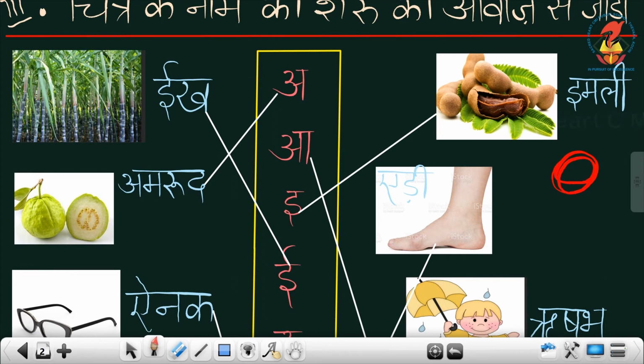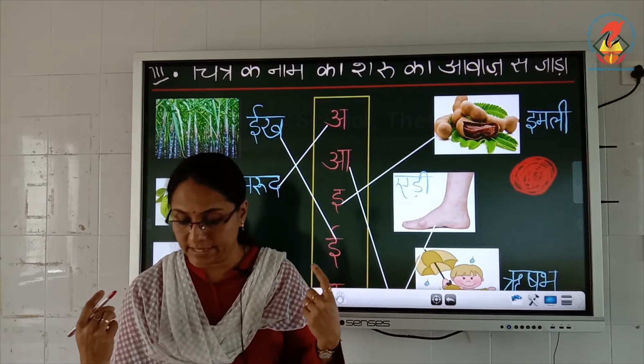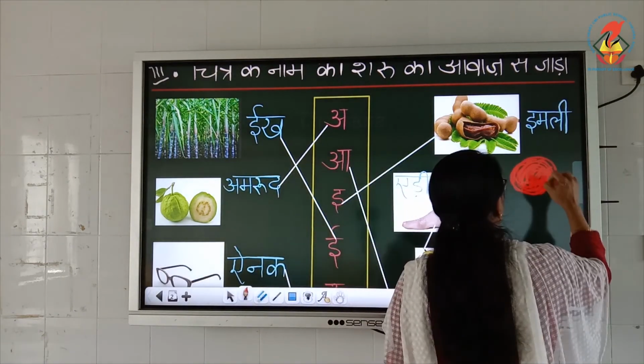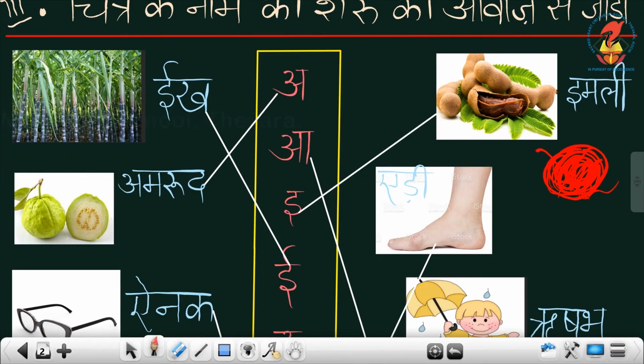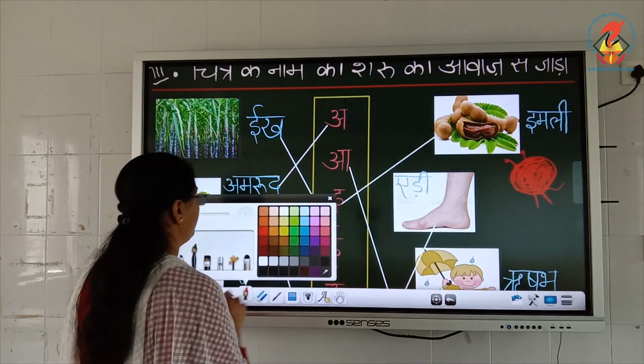Did you see a thread like thing? Okay. Did you see that thread like thing? And two needles. This is a thread, woolen thread, which is used for making sweaters and jackets. And you have seen one thread going up, and look at this. Okay, these are the needles. I made the red needle only, it is okay. This is known as wool. What is it known as? Wool. Let me write the name of the picture.